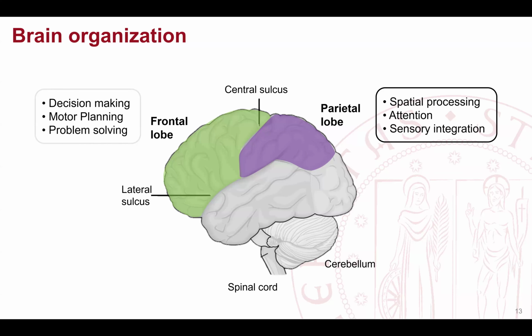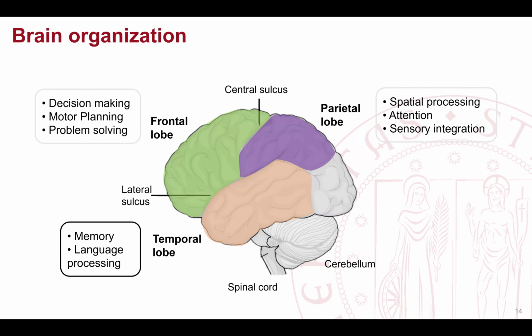And in between the frontal and the parietal lobe, we have another area, which is the motor area, which kind of overlaps between the frontal and the parietal, but it's a very specific area, related to, again, sensory integration and motor planning, but specifically for motor movements. So it's in charge of all the sensory-motor parts, and is particularly important in EEG signal, and particularly for brain-computer interfaces. We will see it better later. So we have the frontal lobe, parietal lobe, then the temporal lobe, which is this part here,